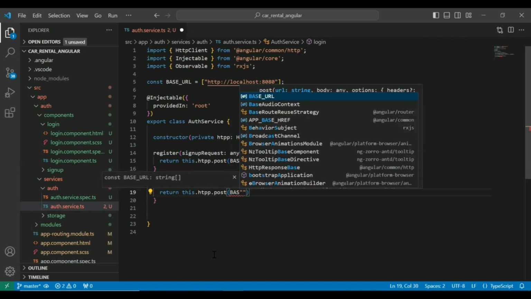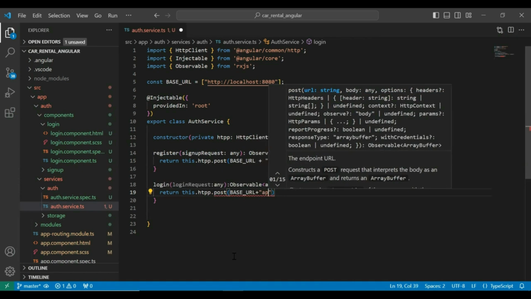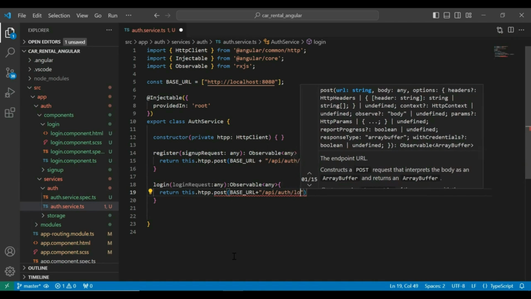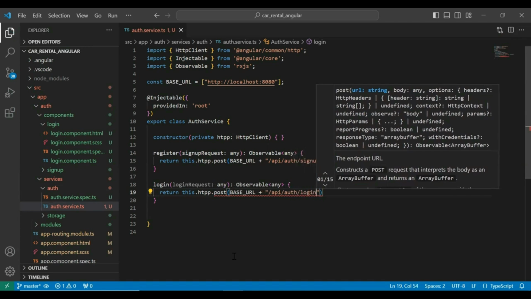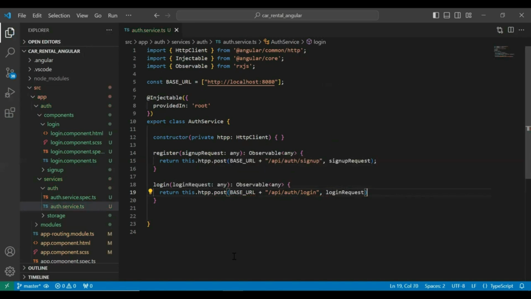So first we need to put the base URL, and after that we need to add /api/auth/login, and after that we need to pass the loginRequest object.